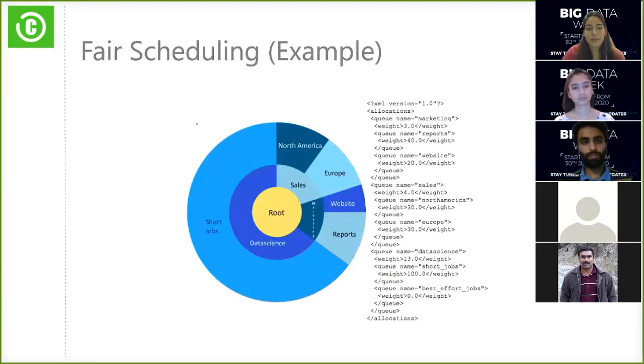अब हम लोग फेयर शेड्यूलिंग का एग्जांपल लेंगे। जो फेयर शेड्यूलिंग होती है इसमें हर चीज क्यू के वेट पे डिपेंड करती है। तो अगर हम यहाँ देखें, मार्केटिंग का वेट 3 है। अगर हम डायग्राम को देखें तो हायर क्यू का एक पेरेंट क्यू है, और जो आखिरी 3 क्यूज हैं सेल्स, मार्केटिंग और डेटा साइंस, इनका पेरेंट क्यू है रूट।